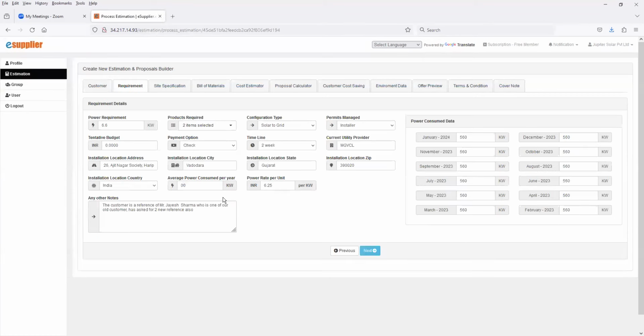In the next step comes the requirement. In requirement, what is the customer requirement? What items he needs? Like he needs solar module and charger or inverter. You can define what he needs, what the configuration is, permit to be managed, any budget information, payment, all the critical information you add in this space. So that allows you to understand what the requirement is. And based on the requirement, you can figure out the BOM also. So first is the requirement collected, then comes the